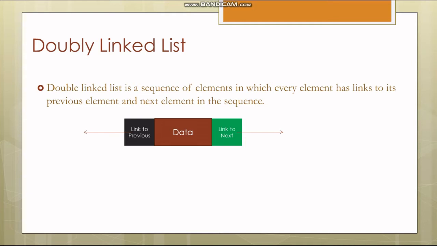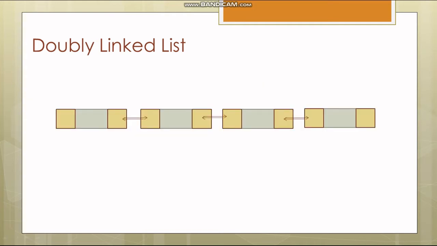In a single linked list, every node has a link to its next node in the sequence, so we can only traverse from one node to another in one direction. With a doubly linked list, every node has a link to its previous node and the next node, so we can traverse forward by using the next field and backward by using the previous field. We can see the representation of the doubly linked list with the diagram shown here. The null values can be associated in the beginning as well as in the end.